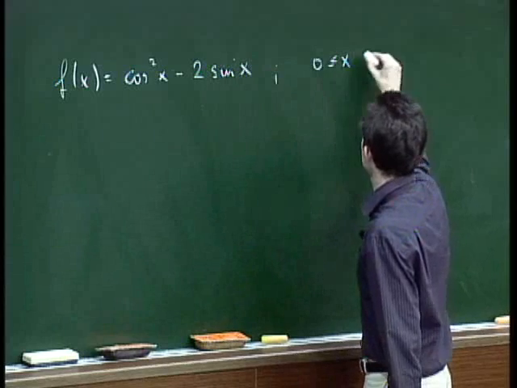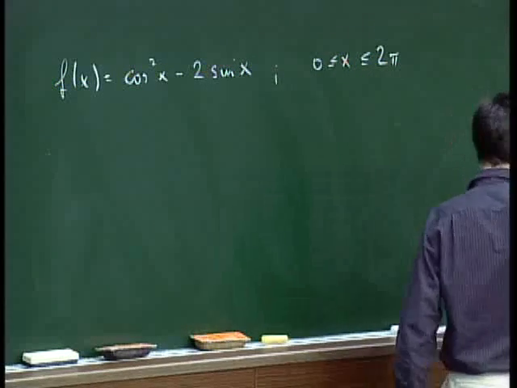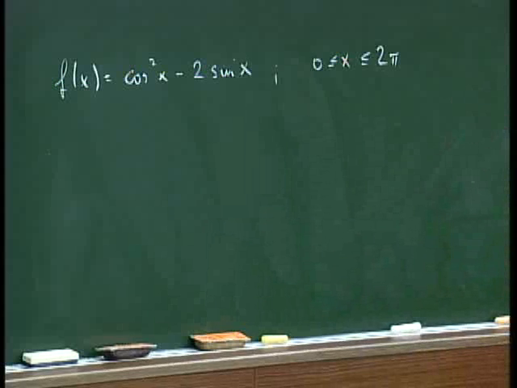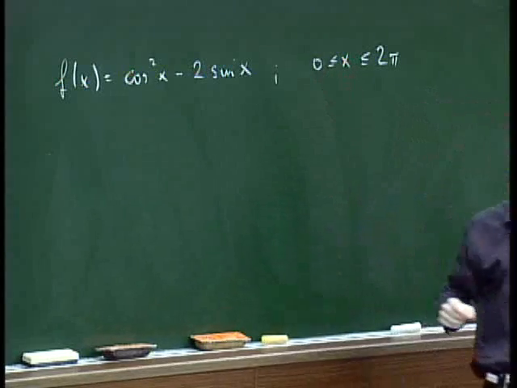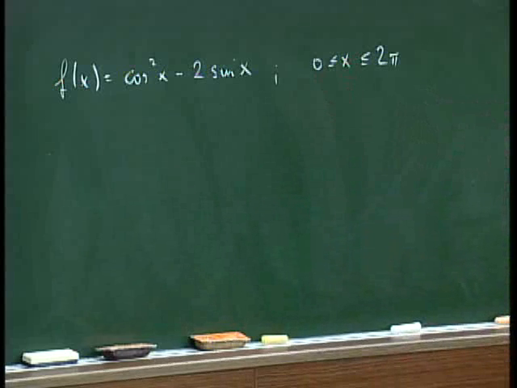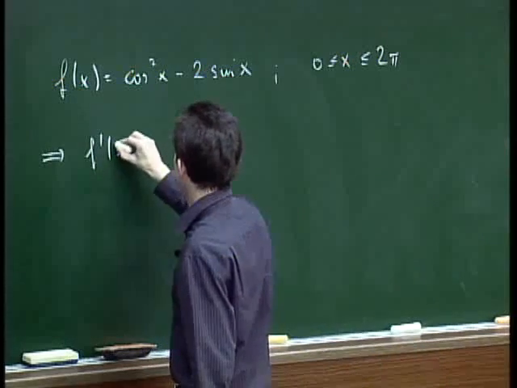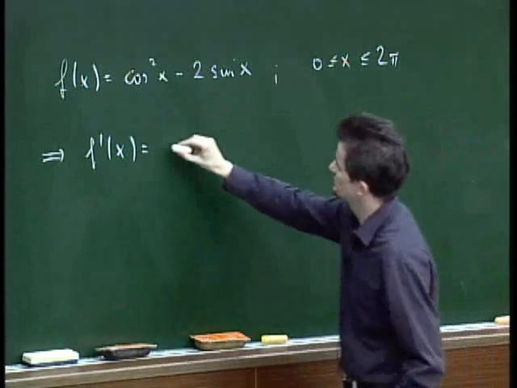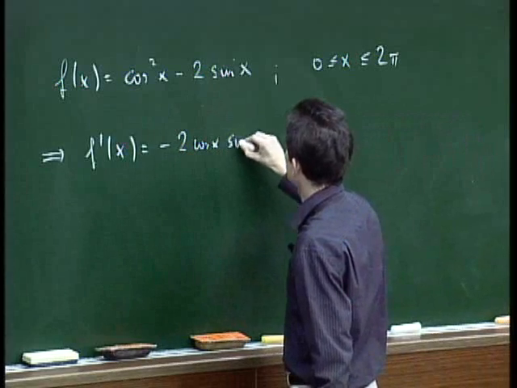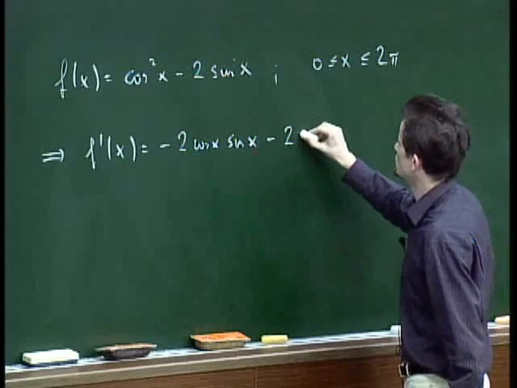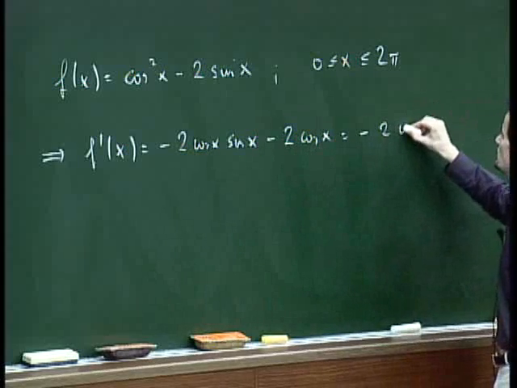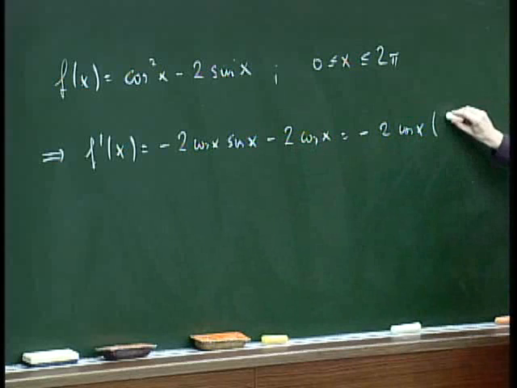If you have given this function on the interval 0 to 2 pi, you are asked to find on which subintervals is the function increasing, on which subintervals is the function decreasing. And normally this will also give you the local extrema. So we first look at the derivative. The derivative is minus 2 cosine of x times the sine of x, minus 2 cosine of x. So we can take out minus 2 cosine of x, and we have 1 plus